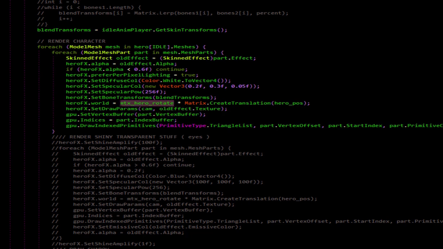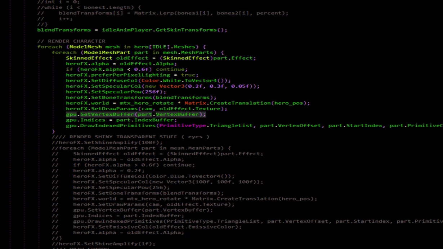Maybe you have this as player matrix or something. You can even calculate this in the update and just pass it in as player matrix. But we've got the hero matrix, rotation matrix, which also has the scaling built into it, and we're multiplying by the translation matrix, so where in world space the hero is. And then we set our draw parameters. This is going to update everything, all our camera parameters, so it can do the right lighting, the texture parameter, as well as updating the diffuse color that we set up here.